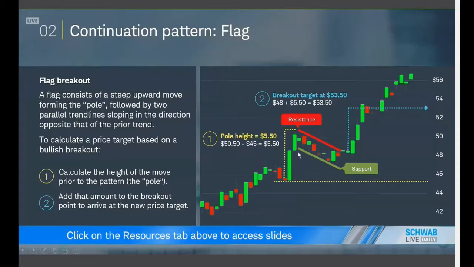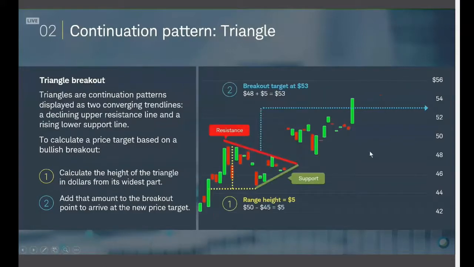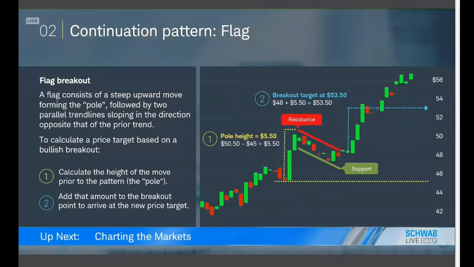But notice it doesn't have to be one single day. It could be 2 days, it could be 3 days. But you're looking for a big break up, and then you want it to come down, almost like it's taking a breath, and then breaks above that come down point. And then where do you think it's going to go? Again, you're just looking at that flag and then adding it right there. Like that, like when that happens. So right now in the market, you might be looking for a flag pattern. You might be looking for a triangle pattern. Why? You're looking for a continuation of the upward moving market. Continuation patterns, that's what these are.